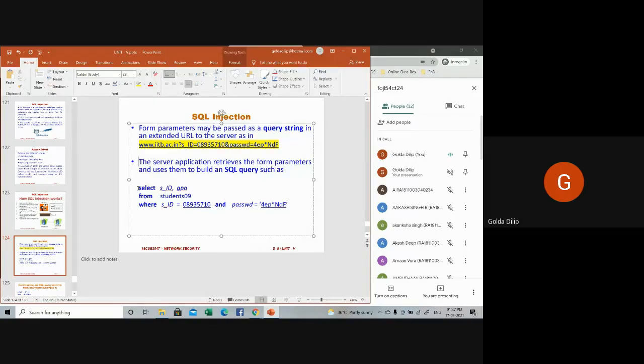You can see here the SQL keywords. SQL stands for Structured Query Language. These SQL keywords are displayed in bold font, the attributes are shown in italics, and the user input is shown underlined.